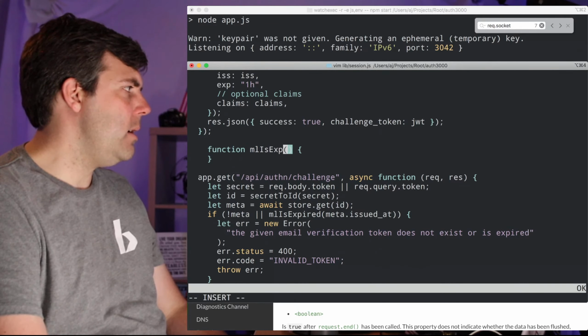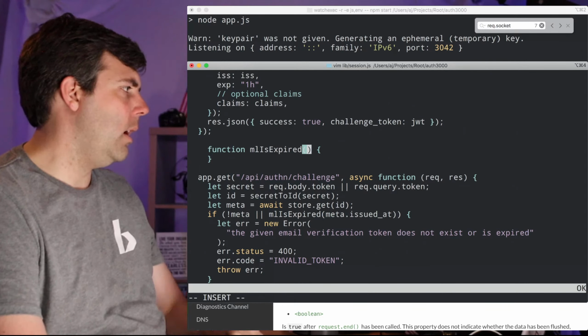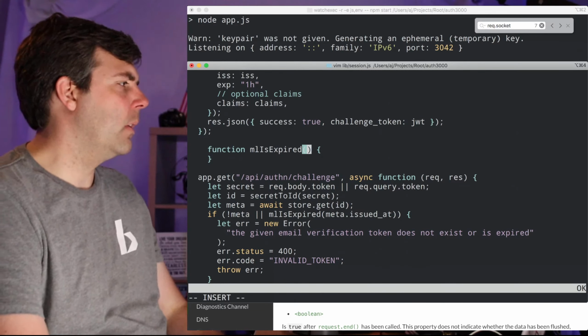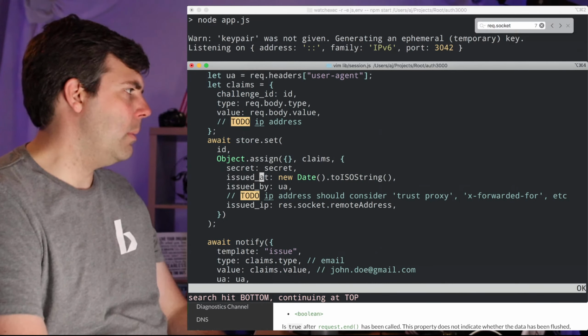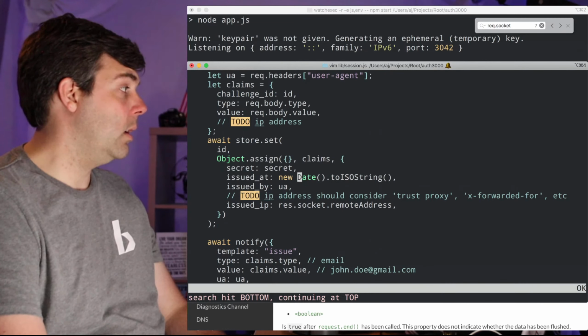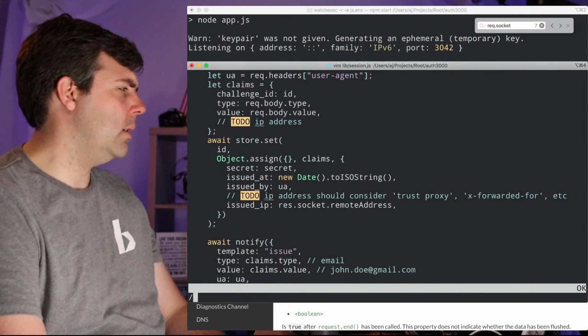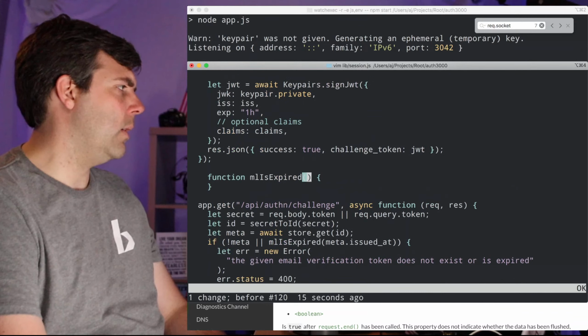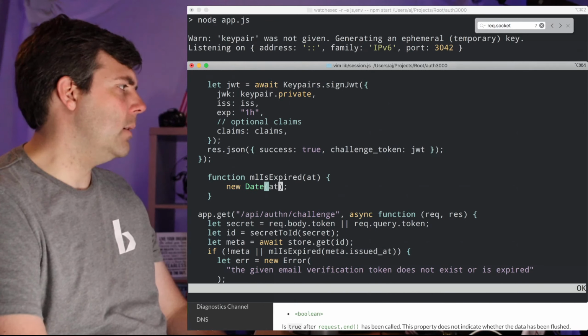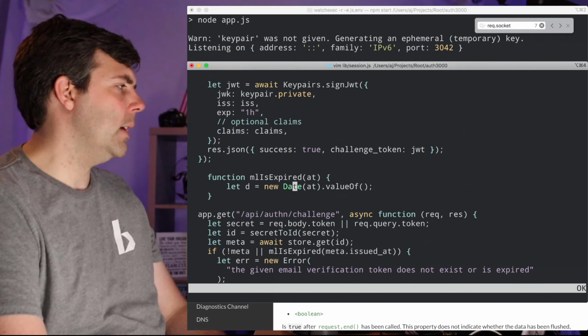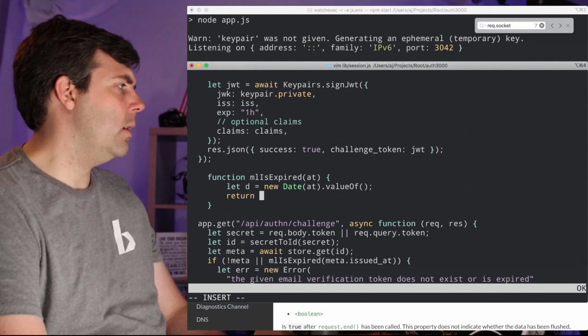ML is expired, and issued at, this was milliseconds, right? Going back over here to isostring. Okay, is the same true of exchanged at? Yeah, okay. So we're going to have to do new date at, and then dot value of, so that we get milliseconds, and then return